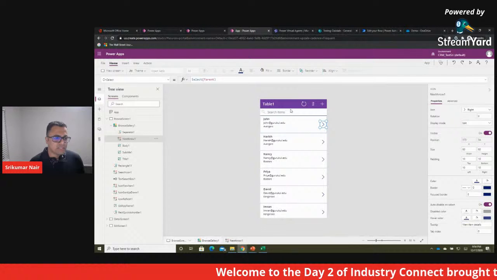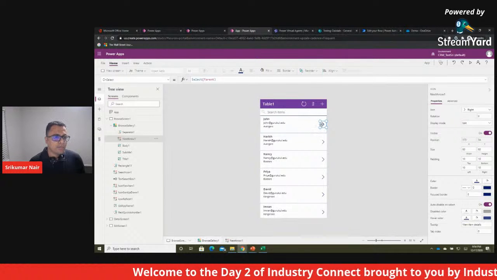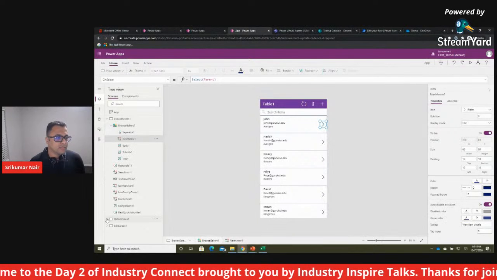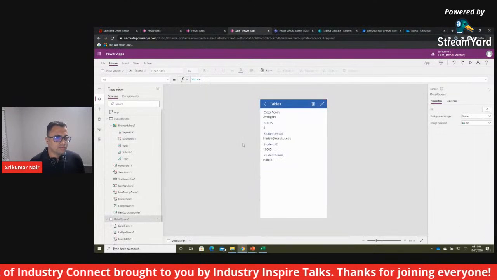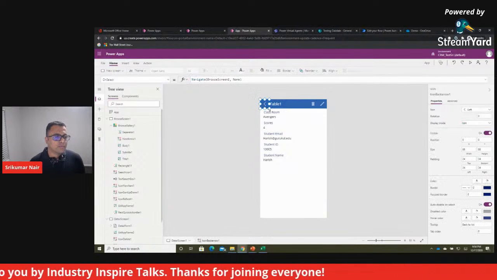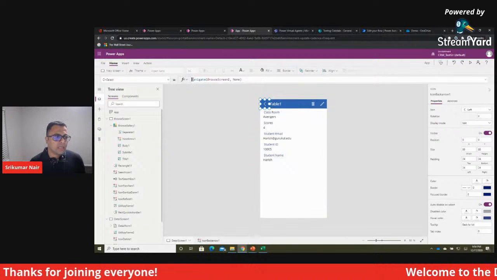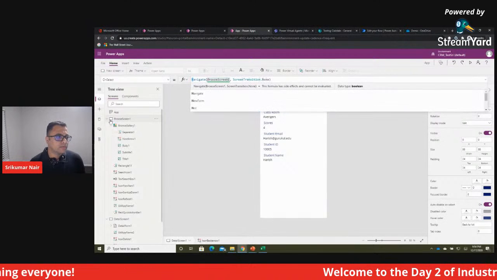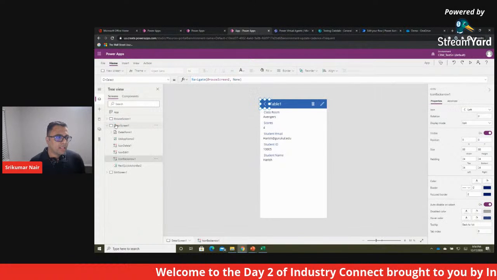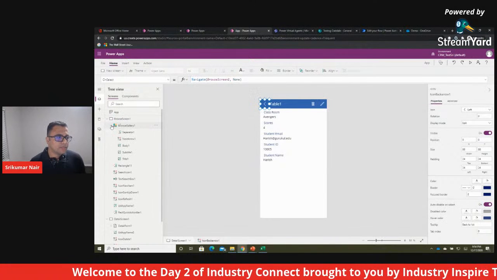Obviously, I showed you how to change the little things like colors and all, but this is where you will see the magic is happening here. Especially on the detail screen, if I were to show you here, you can see some of the simple screen navigations are as simple as saying on select of this button, navigate back to the browse screen. And the browse screen is basically literally nothing but the first screen that you had there. And controls here are also pretty simple here.